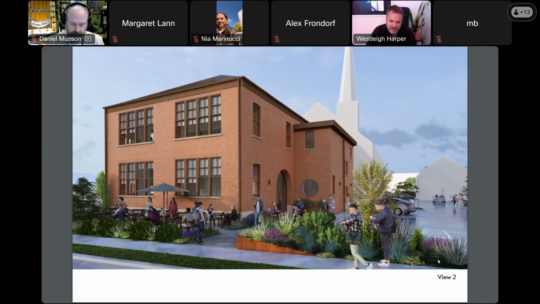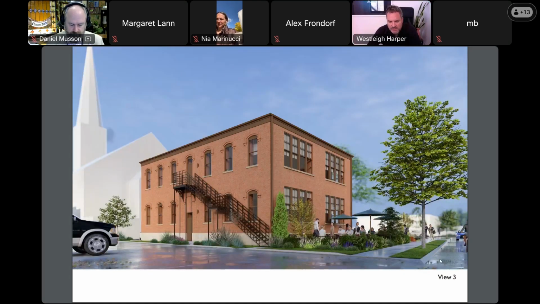More views as you head south on 29th Street, getting a little more detail into those windows, patio. You can also see the Core 10 planters in front. Next. And then here we are looking towards the northwest. This is the alley / Keene Court facade. Again, we'd be maintaining that fire escape, cleaning up a lot of the utility lines and abandoned piping off this facade and replacing all of the windows.